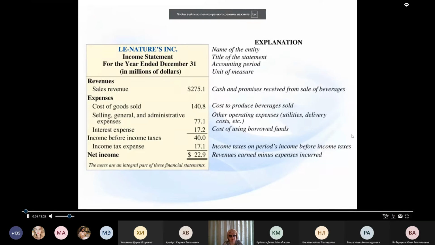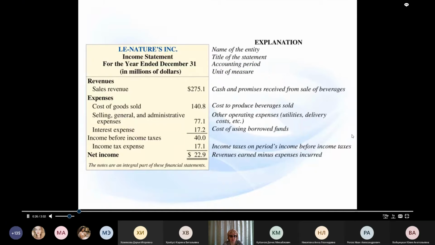Income statement. Let's take a look at an income statement to learn about its purpose and content. Again, the heading indicates the name of the entity, the title of the report, and the unit of measure. However, unlike the balance sheet, which reports a company's assets, liabilities, and its stockholders' equity as of a certain date, the income statement reports for a specified period of time, 1 year in this case, which is called an accounting